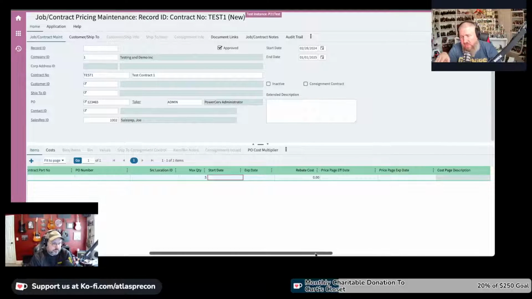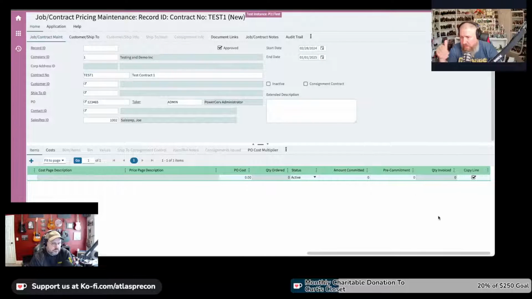Rebate costs, I'm not going to go in on this because rebates is something that we're going to do, maybe not a full thing on, but this is just more information that you can set that pulls over into order entry. Status, active, delete, inactive, I believe, and I don't know why there's delete and inactive, because they essentially